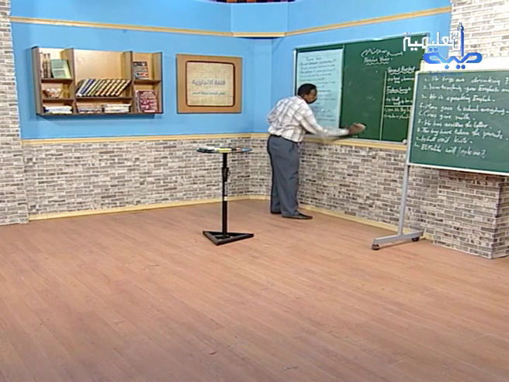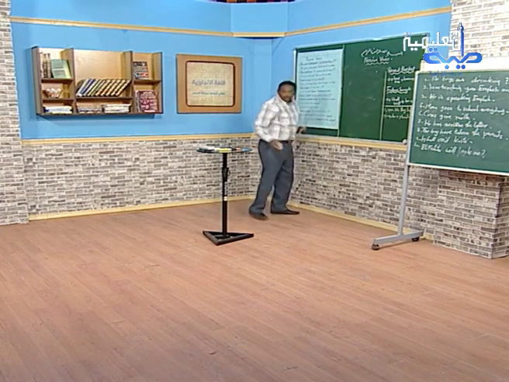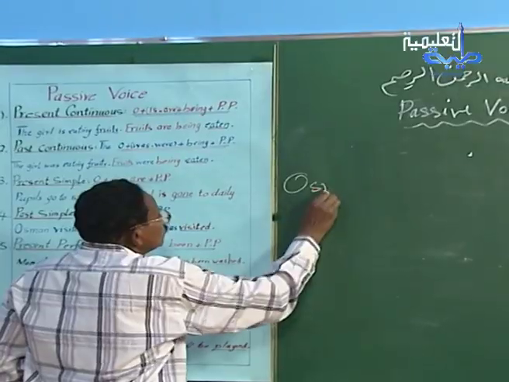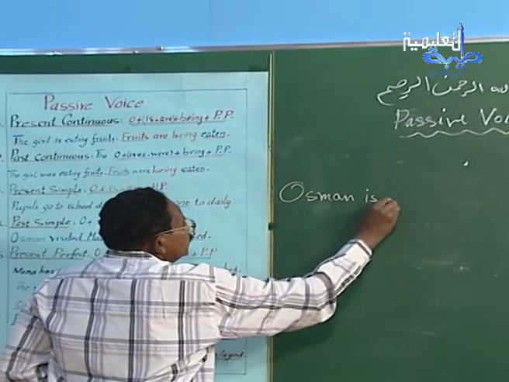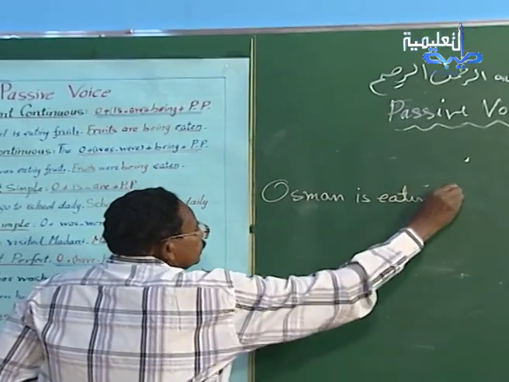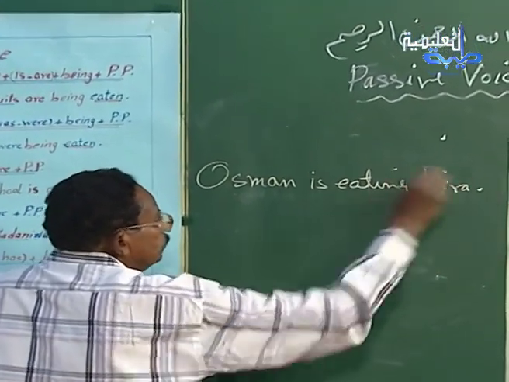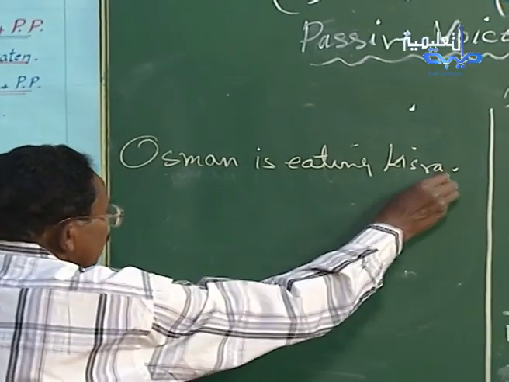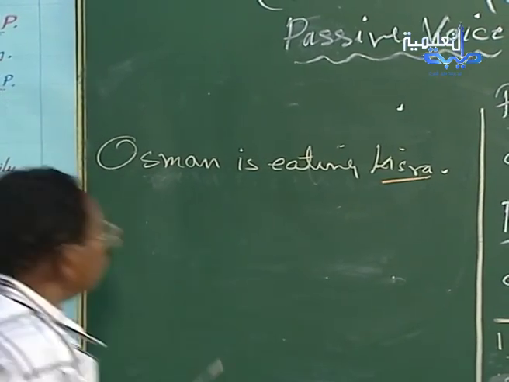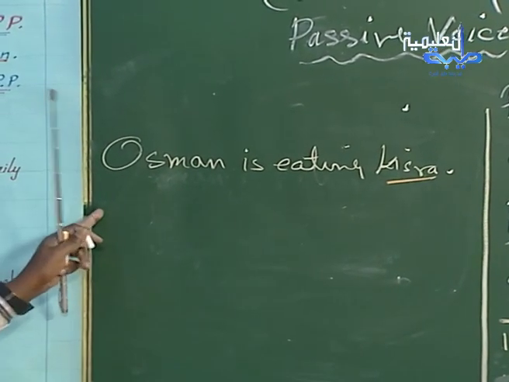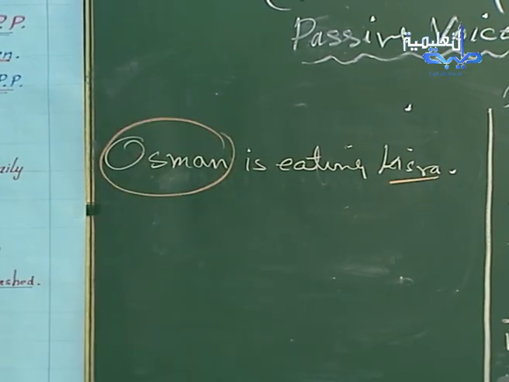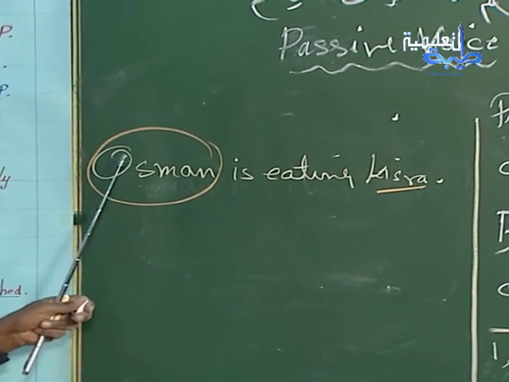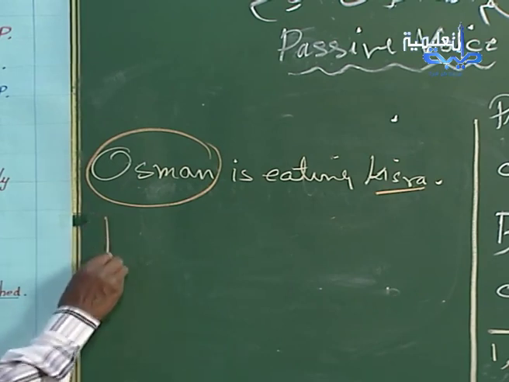For example, when I say, Usman is eating kisra. You see? Here, kisra is an object in the present continuous. So, kisra is an object. I'm going to start with it, and I will take out Usman, because this is the one who does the action. We call him the subject. We start with the object. We say, kisra